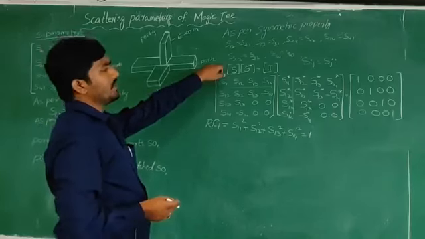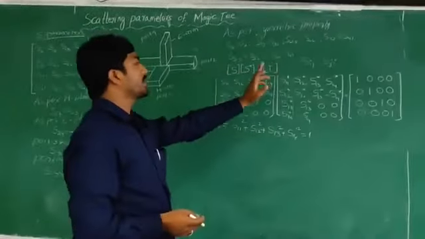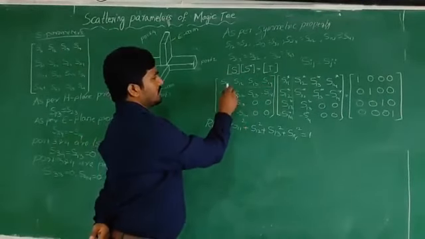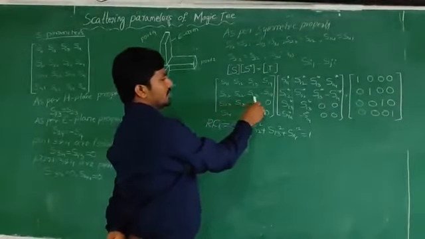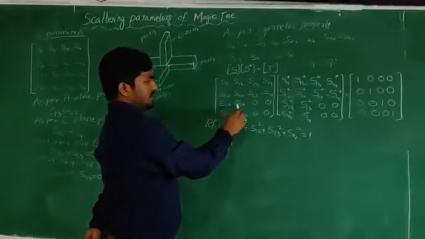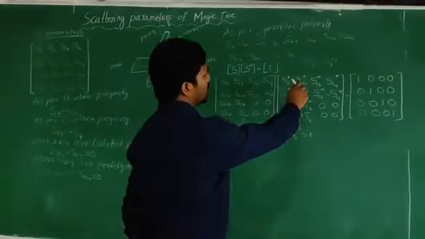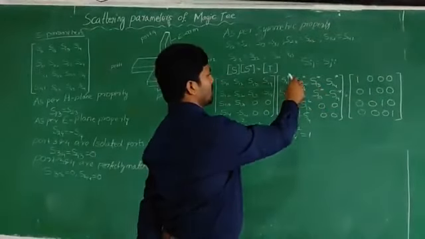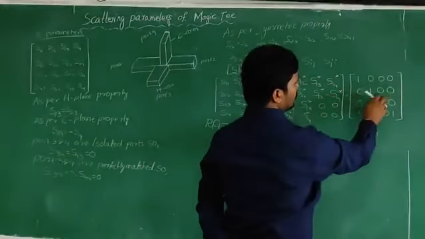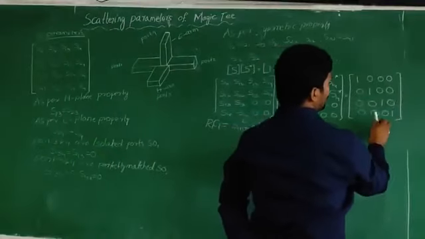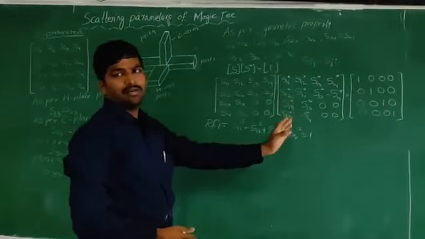Okay. As a unitary property, we can write S times S conjugate equals the unitary matrix. We can write the S matrix with S11, S12, S13, S14, S12, S22, S13 minus S14, S13, S13, 0, 0, S14 minus S14, 0, 0, multiplied by the conjugate of the matrix. So this equals the unitary matrix: 1 0 0 0, 0 1 0 0, 0 0 1 0, 0 0 0 1. Okay, now we are going to multiply the rows and columns of the matrices.